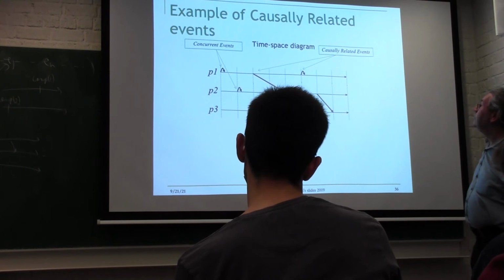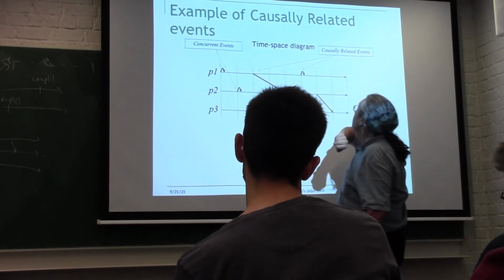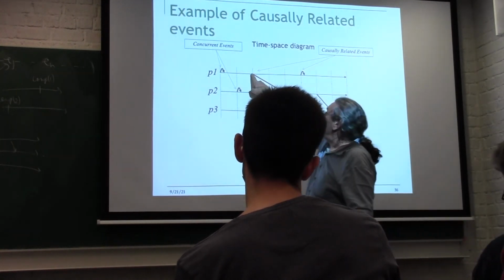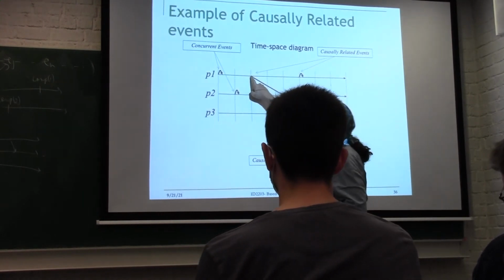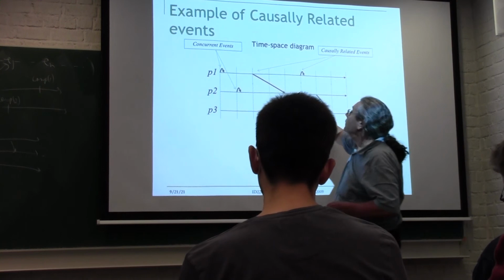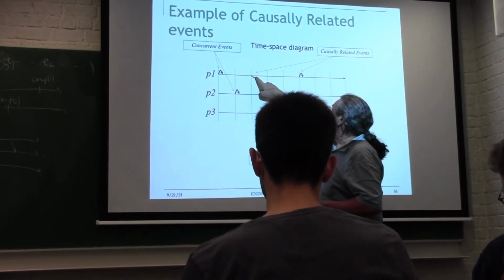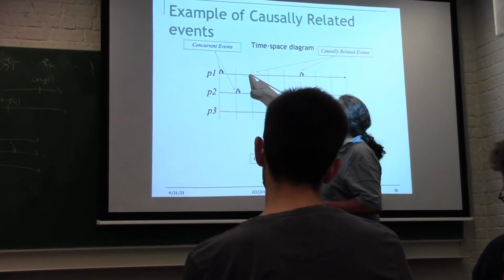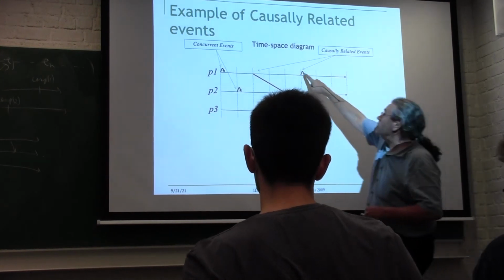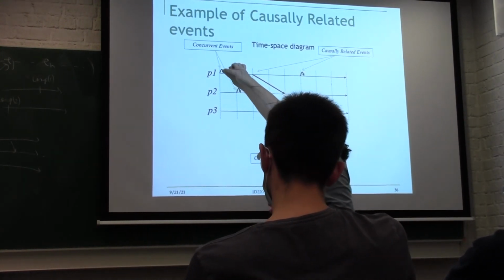So events that are sequencing on the same process are causally related. Okay? So this one, for example, it puts something in the out buff, but that comes from here, that thing coming in the out buff. And this thing also will remove a message. Now this will put something in the out buff, but it will change the state. So this also depends on that. So these are all causally connected, whereas these two are concurrent. You see that?